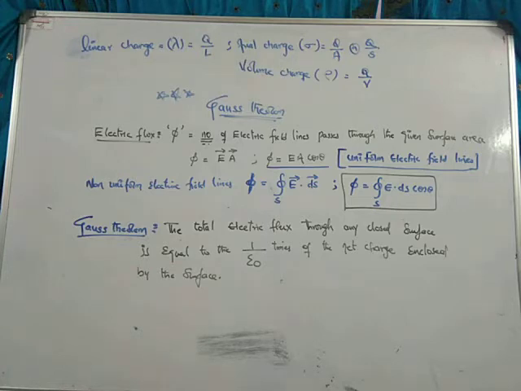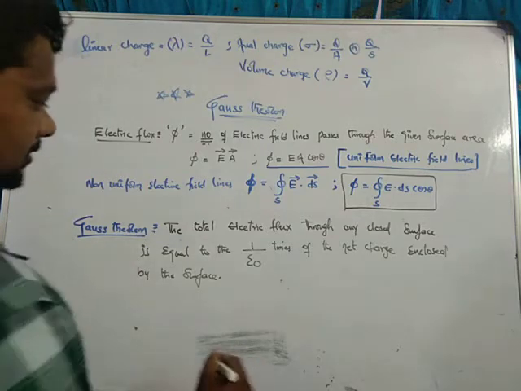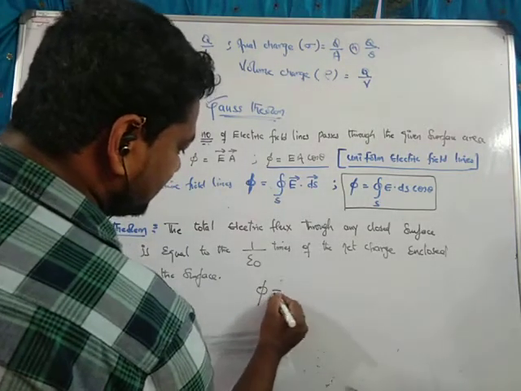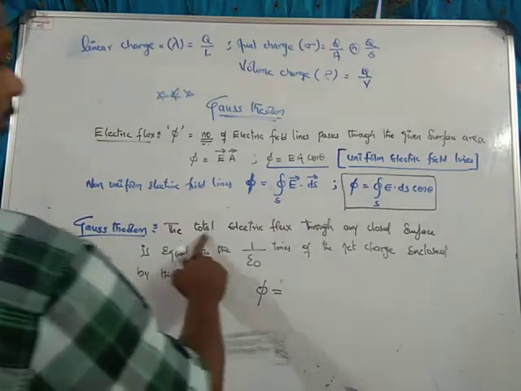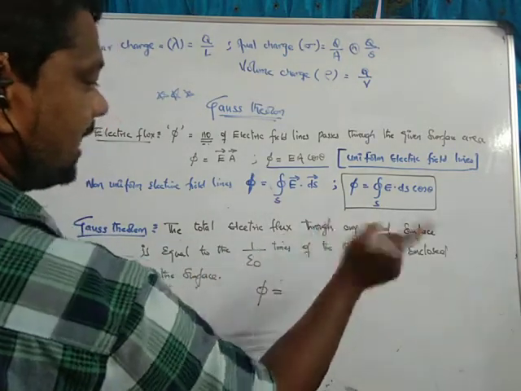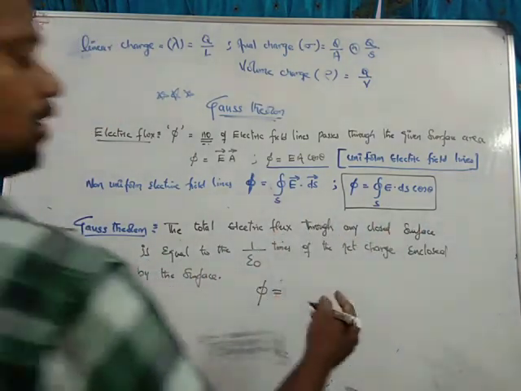So that's Gauss theorem. The total electric flux through any closed surface is equal to 1 by epsilon naught times the net charge enclosed by the surface. Simply, the flux is the total number of field lines passing through any closed surface. So not only